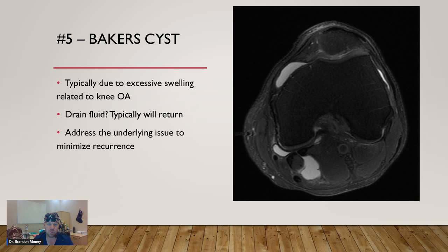And that's typically due to excessive swelling related to knee instability, related to knee osteoarthritis. Oftentimes doctors will drain the fluid, and then maybe after a couple of weeks or a couple of months, that fluid comes back. Why? Because you're not addressing that underlying issue of instability,